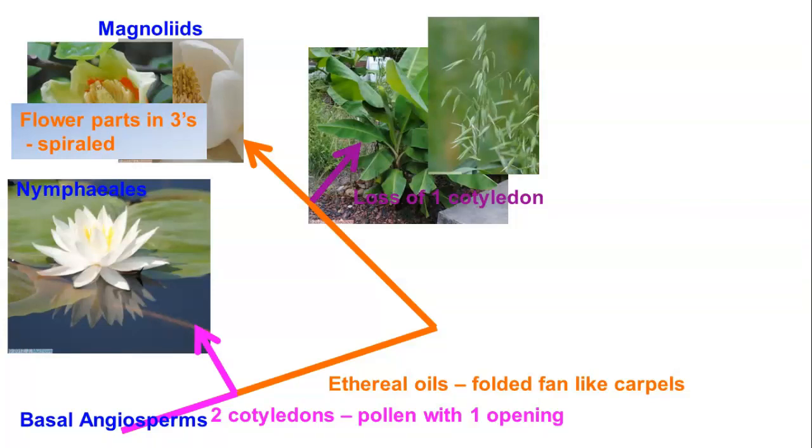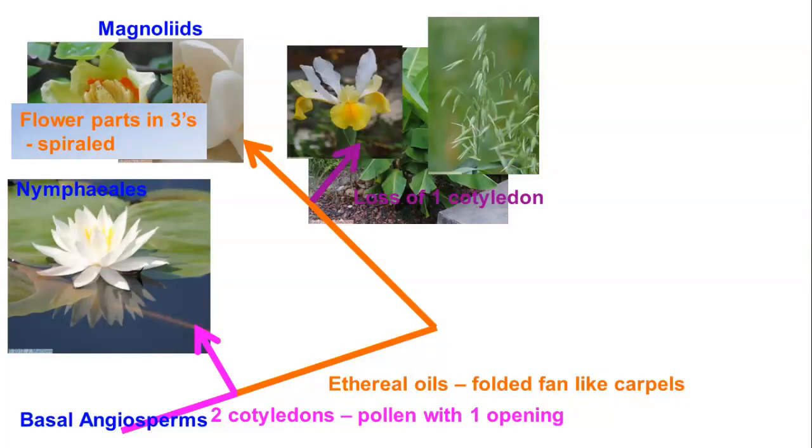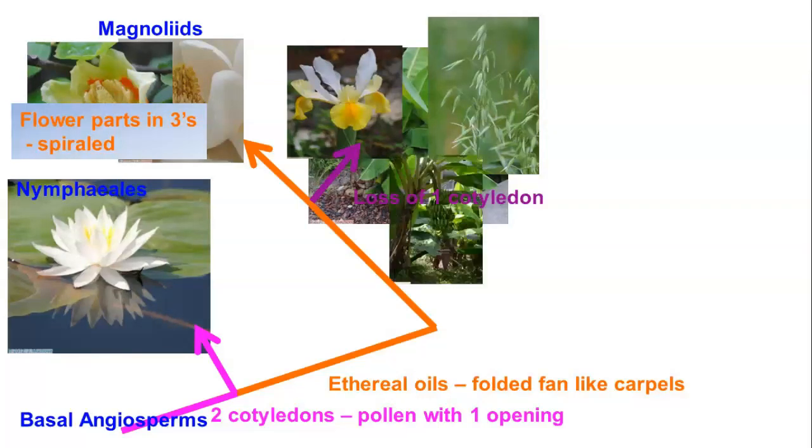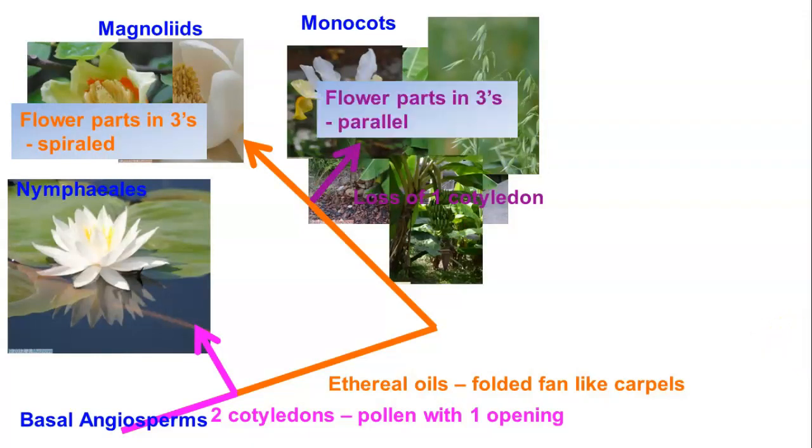So in this particular case, we're looking at monocots. This also has seeds that have one less cotyledon. So they only have one cotyledon rather than the two, which are normal. Here's your banana when it's going to fruit. And we call these, again, monocots. Flower parts are in threes. Leaf veins are parallel. So they are a little bit different from the magnoliids, as even though they have flower parts in threes, there is parallel leaf veination. We don't tend to get things that are spiraled.